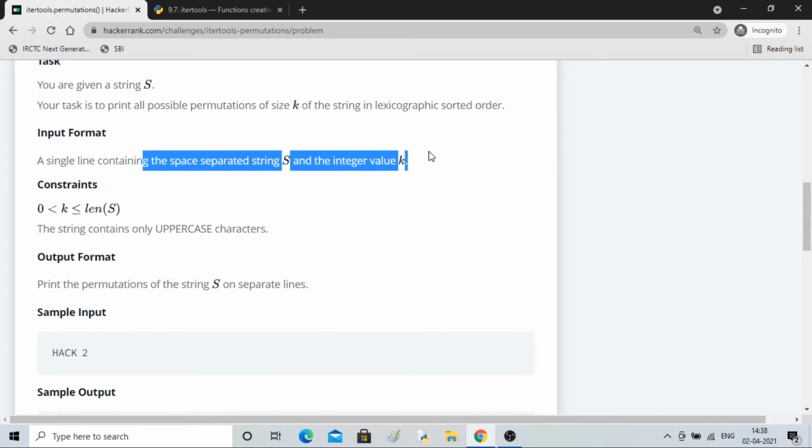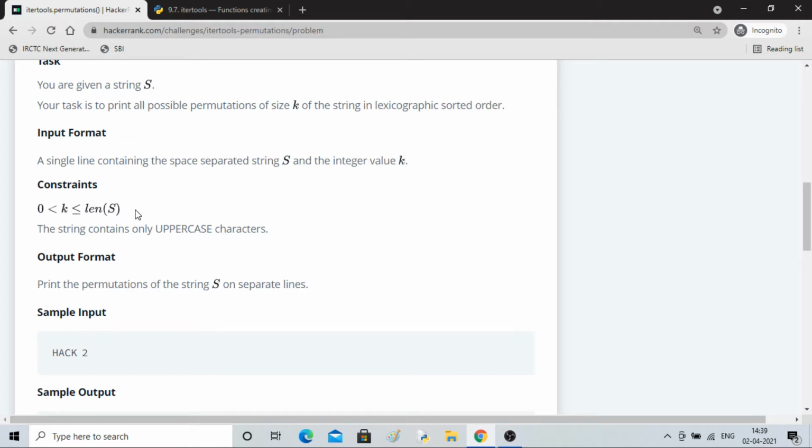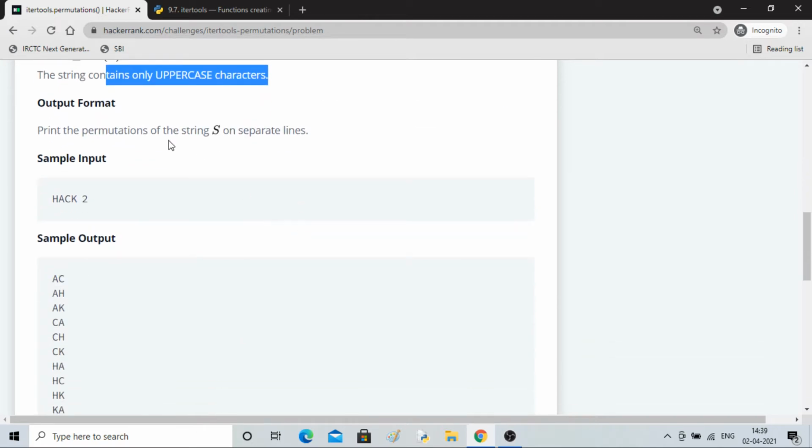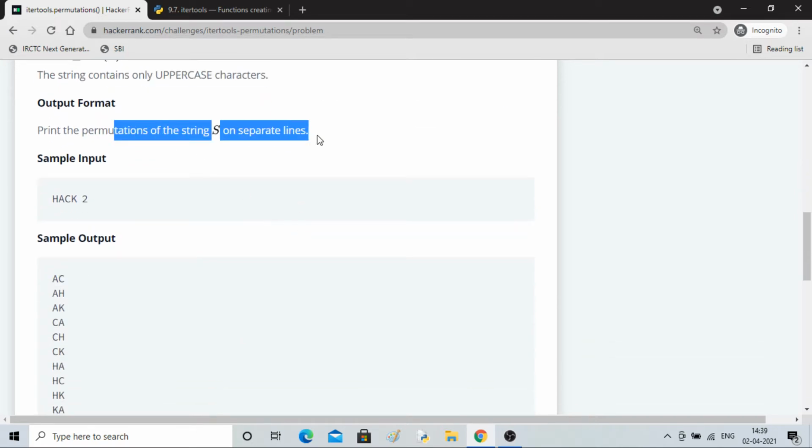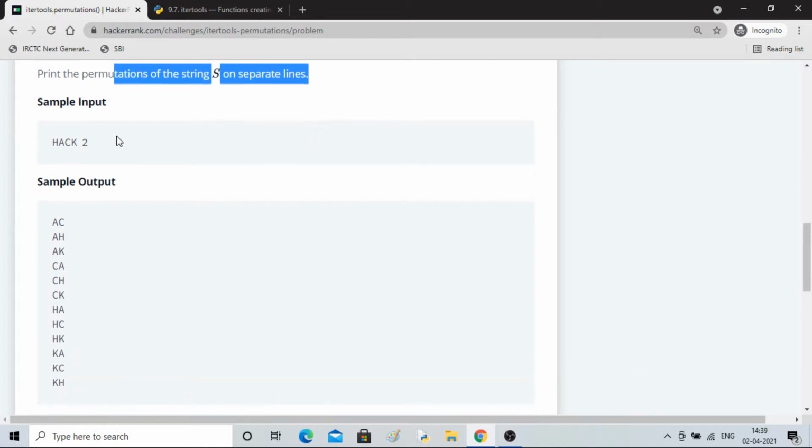In one line we will get the value of s and k separated by a space. k has to be between 0 and the length of s, and the string will contain only uppercase characters. Then we have to print the permutations of string s on separate lines. So if you have HACK and the size is 2, then these are the possible permutations: AC, AH, AK.